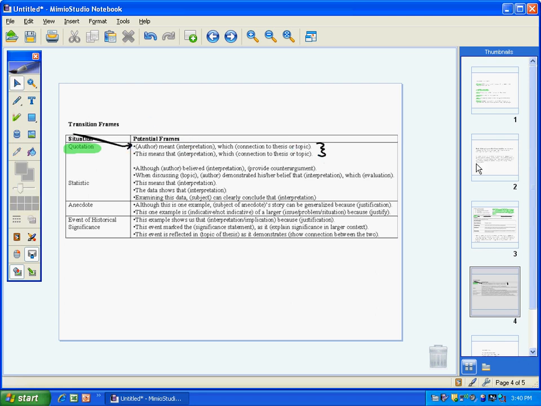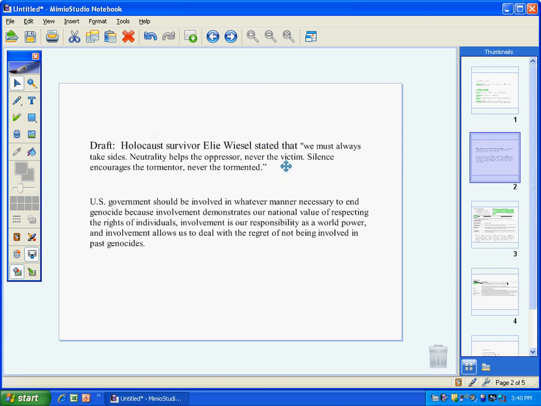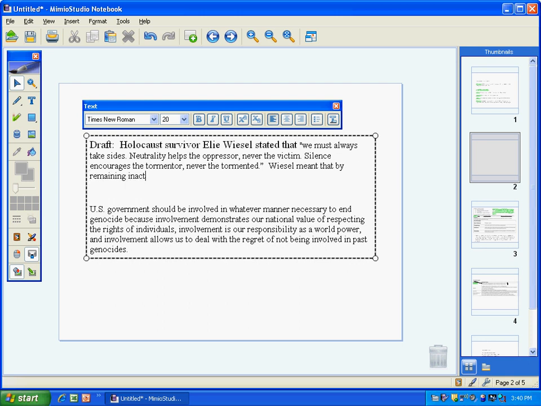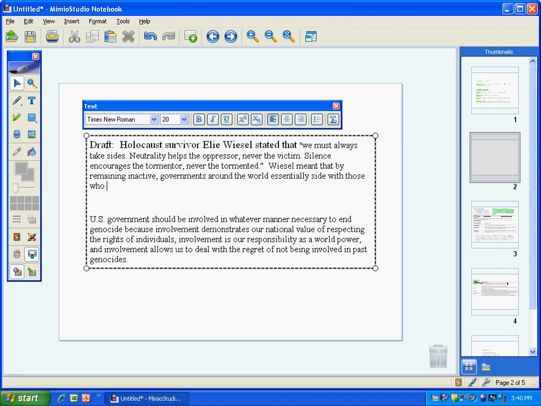And I'm going to do that right here. Wiesel meant that by remaining inactive, governments around the world essentially side with those who